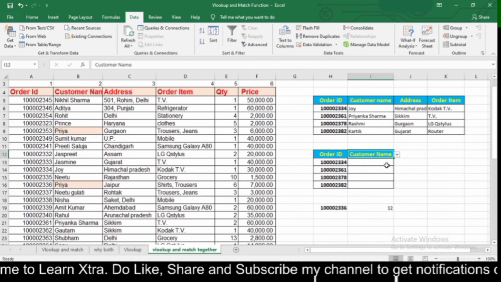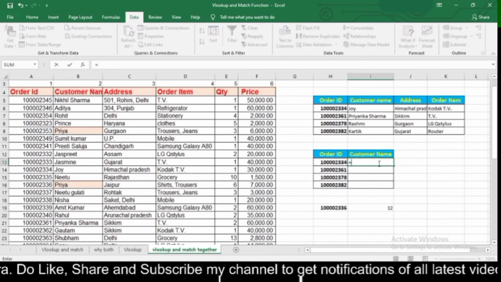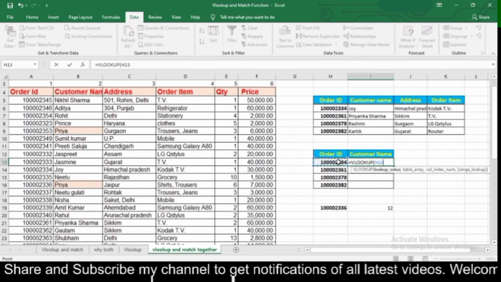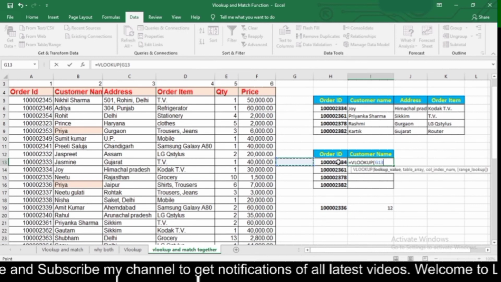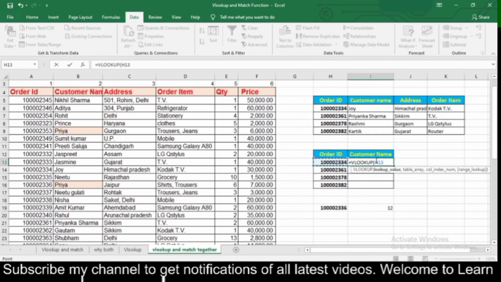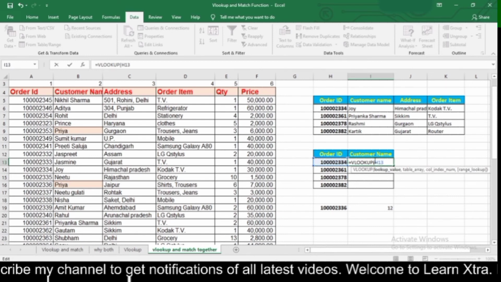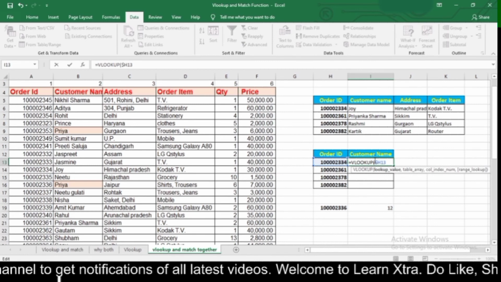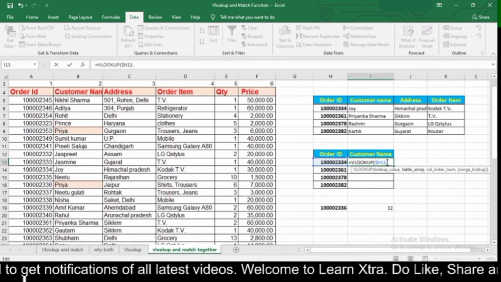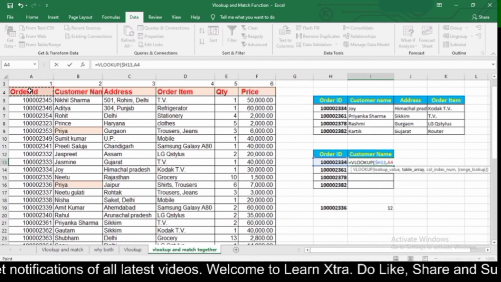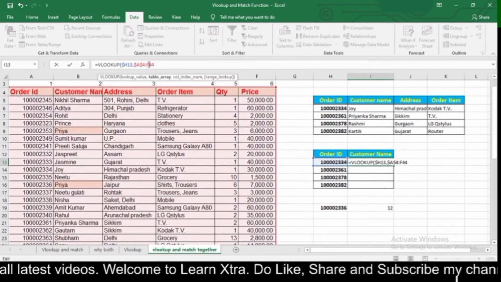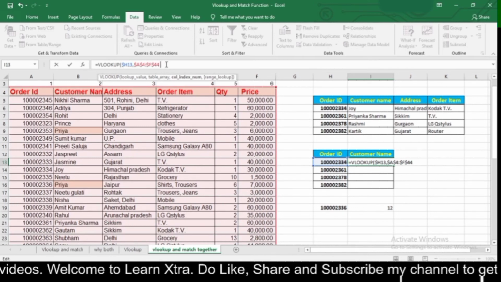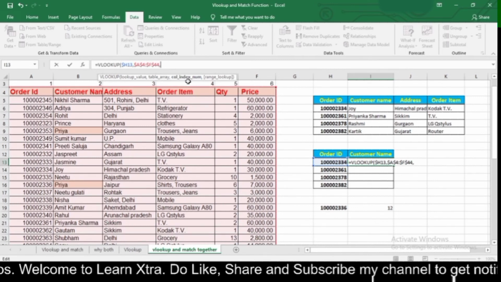So here if I want to find out my customer name, then I will type VLOOKUP, then my lookup value would be my order ID, that is in the H column, and then here freeze H with the help of the F4 key, or Shift plus 4 key. Then my table array would be A4 to F44, and then for column index number, here I will use the match function.